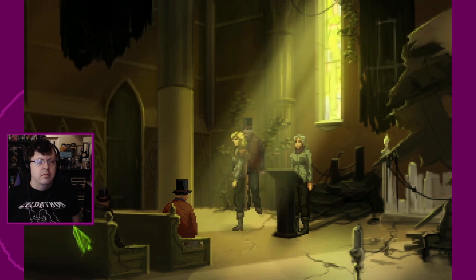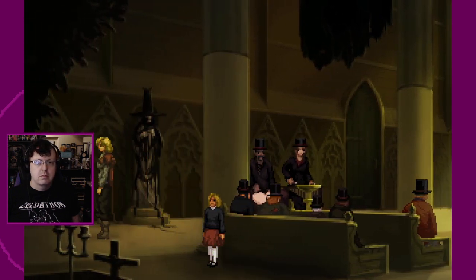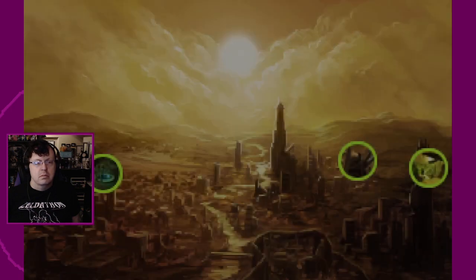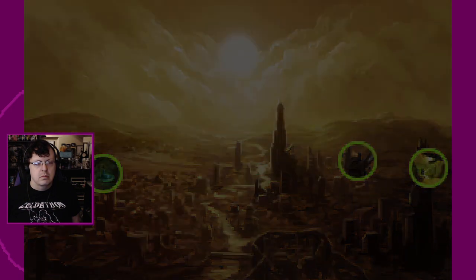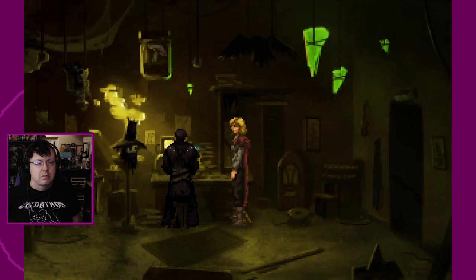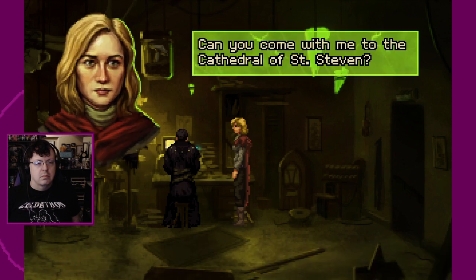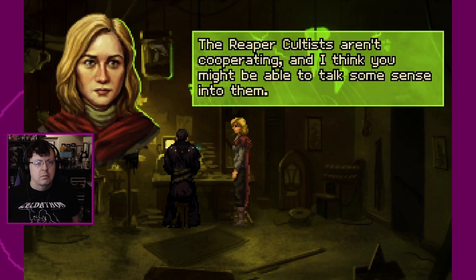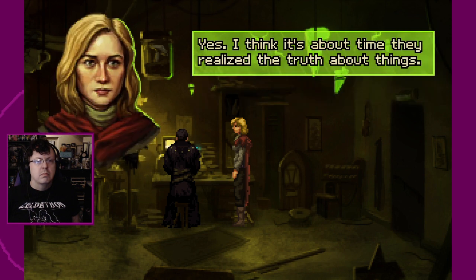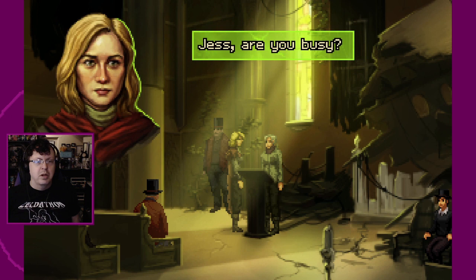Alright, let's go have a little bit of a chat with the good doctor. Hey, Doctor? Yes? Can you come with me to the Cathedral of St. Stephen? What for? The Reaper cultists aren't cooperating, and I think you might be able to talk some sense into them. Is this a good idea? Yes, I think it's about time they realized the truth about things. Fair enough. I'll meet you there soon. I don't think they're going to react entirely well to that, but...